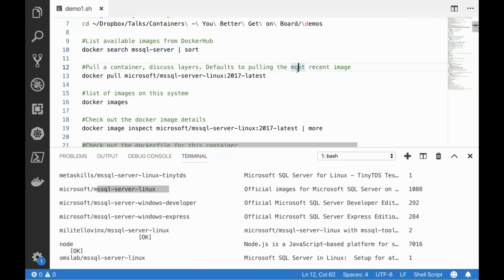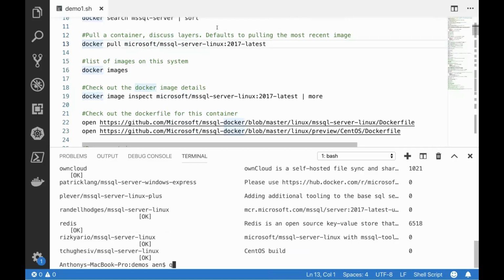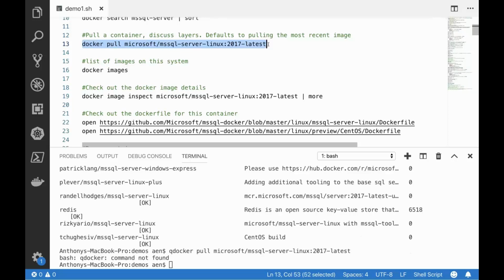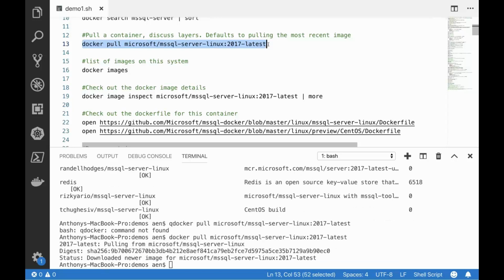And so now we're going to go ahead and pull. I was using an older version of this deck because this is actually pulling from Microsoft rather than MCR. So I'll update this before I distribute this to you, but this will still work for this demonstration. So here we're going to use docker to pull the image from Docker Hub and Microsoft. We're going to pull the latest 2017 image. It's going to run that again, and pull that down.